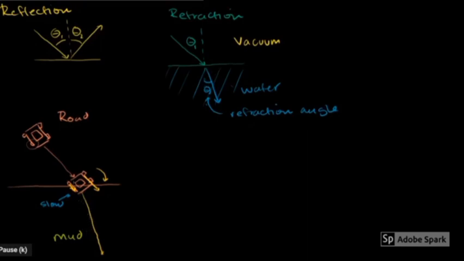Now, obviously, light doesn't have wheels and it doesn't deal with mud, but it's the same general idea. When I'm traveling from a faster medium to a slower medium, you can imagine the wheels on the light on this side of it, closer to the vertical, hit the medium first and slow down, so the light turns to the right. If you're going the other way, if I had light coming out of the slow medium,